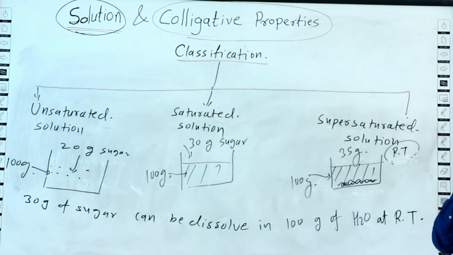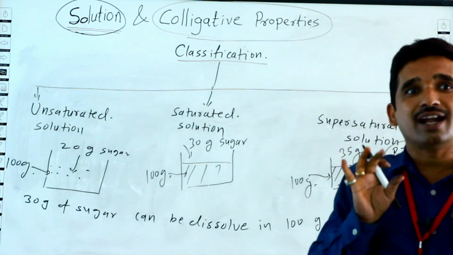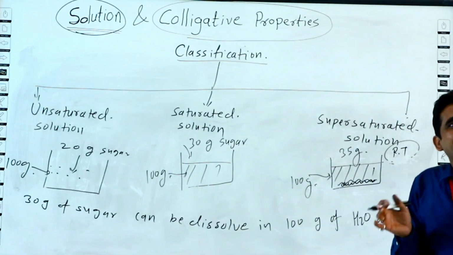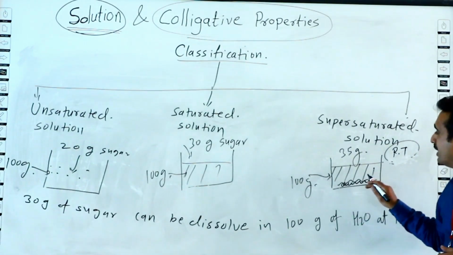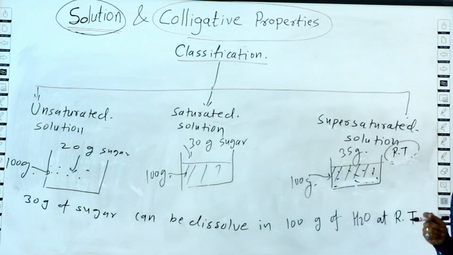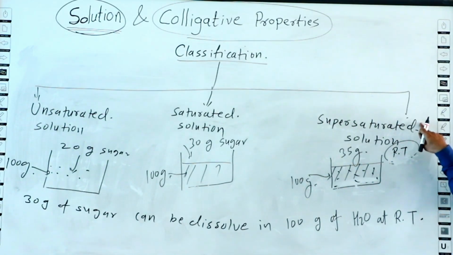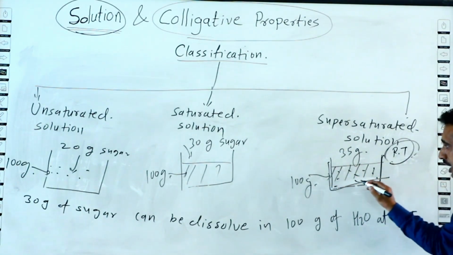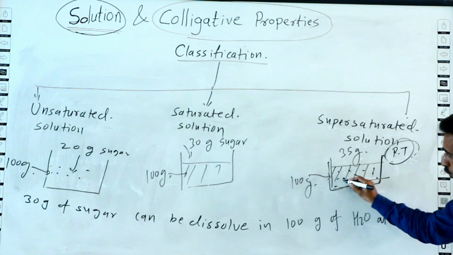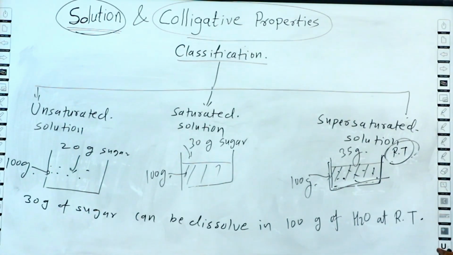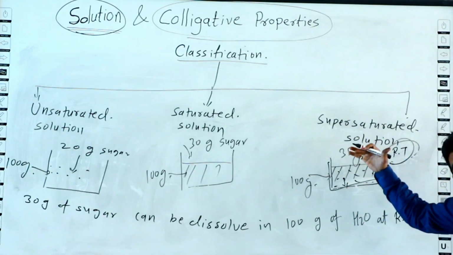My temperature is increased. And after the increase of temperature, the 100 students in my class will acquire these 20 students, and all the students are in a homogeneous manner, so there is a formation of a solution which is a supersaturated solution. अगर मेरा टेम्परेचर कम हो गया, मैंने सिखाते वक्त इधर देखा टेम्परेचर कम हो गया, तो एक आध बच्चा क्या करेगा, उसका सर धकेल देगा, वो बाद में नीचे आएगा। ये भी हम इधर बता सकते हैं, अगर टेम्परेचर कम हो गया तो ये जो डिजॉल्व हुआ वाला शुगर सॉल्यूशन है, this sugar solution will be settled at the bottom,